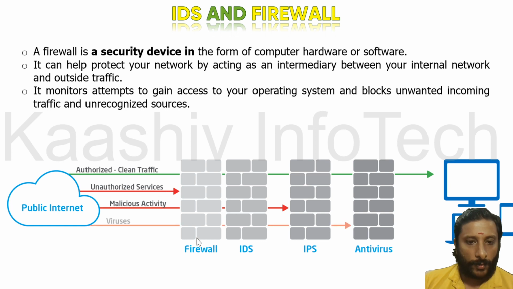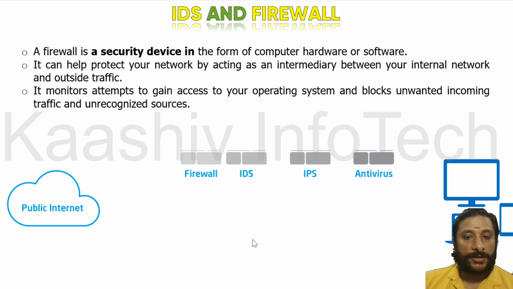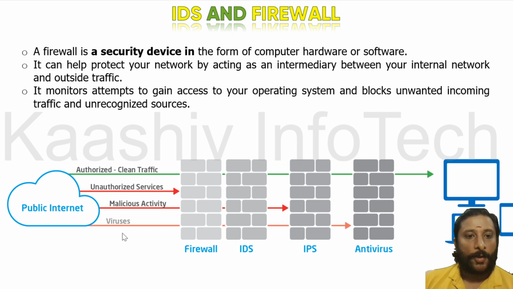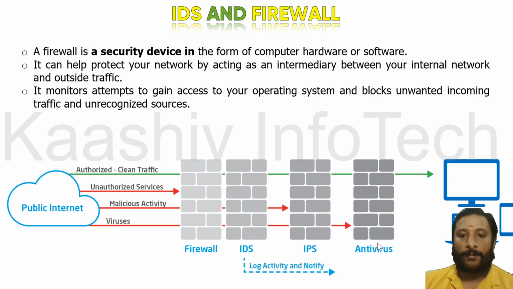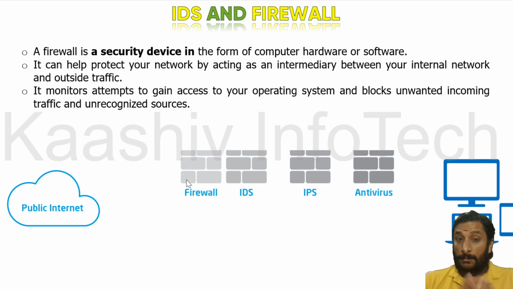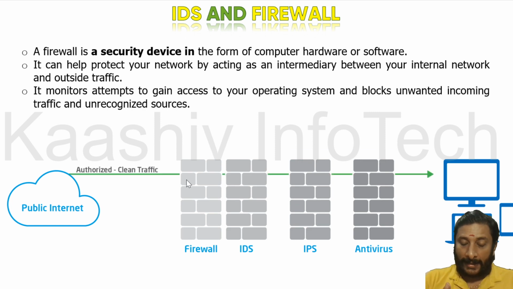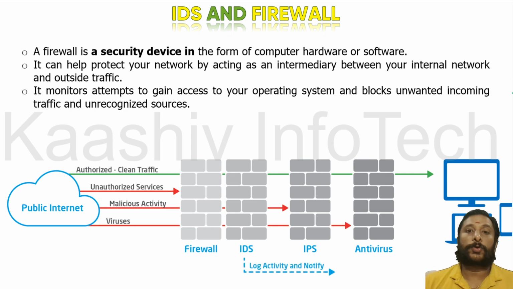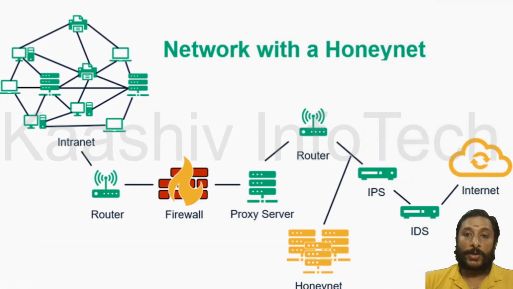Unauthorized access, the firewall will block it. Malicious activity, the intrusion detection system will find, and the intrusion prevention system will block it. Finally, viruses, the antivirus will block them. So on a computer, you should have a firewall, intrusion detection systems, intrusion prevention systems, and antivirus. This is how a cyber security person should prevent hacking into the